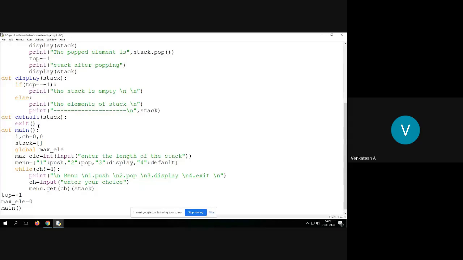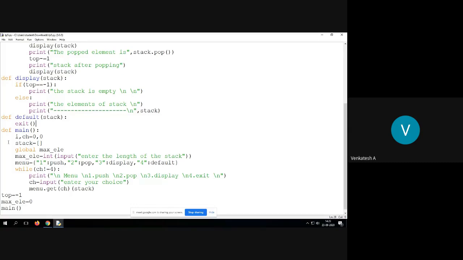Okay, then you need to understand how I am linking functions with the menu choice, because whenever we write a stack program, we write one statement: enter 1 to insert element, enter 2 to delete the element, enter 3 to display, 4 to exit, isn't it?